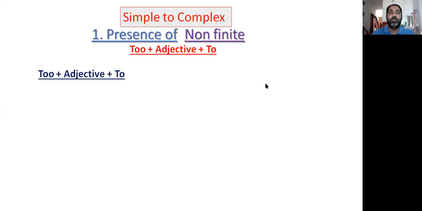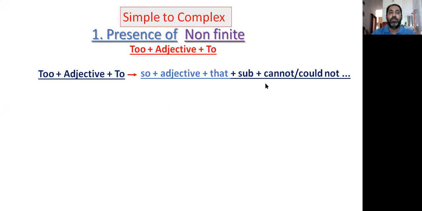Dear learners, if you see to plus adjective plus to, then what will you do? So plus adjective plus that. Omit too, then use so in place of too, right? And then the adjective will be the same. Then add a conjunction or relative pronoun. It is that, right? Then subject, then cannot or could not. Generally, these sentences are in the negative form,